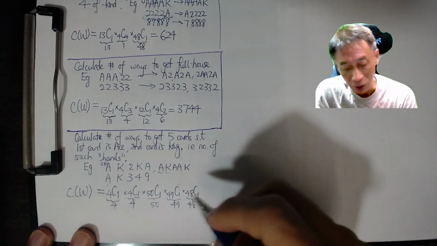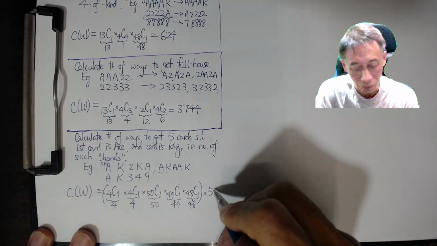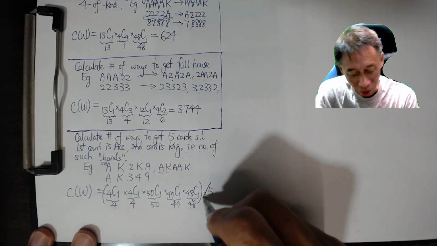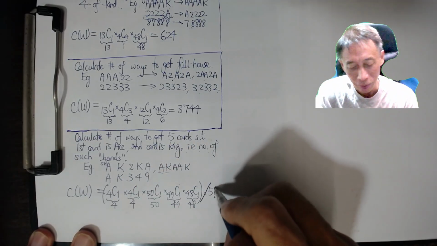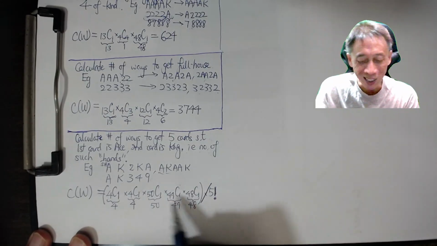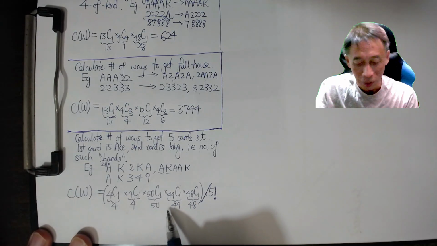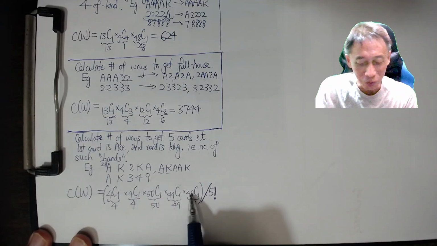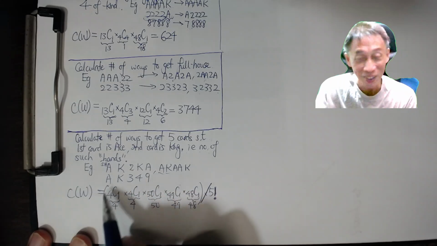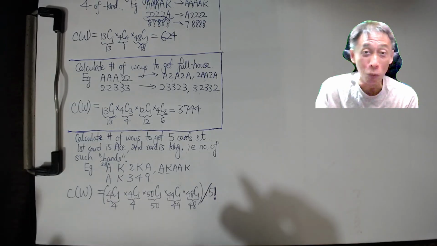So here's what we need to do. There are 5 cards, so we just multiply by 5 factorial. In this case, this is the permutation, so we divide it by 5 factorial. So this has overcounted 2, 3, 4, 2, 3, 2, 4, and so on. And also 2, ace, king, 3, 4, and 2, king, ace, 4, 3, and various permutations. Right or not? So we need to get rid of those